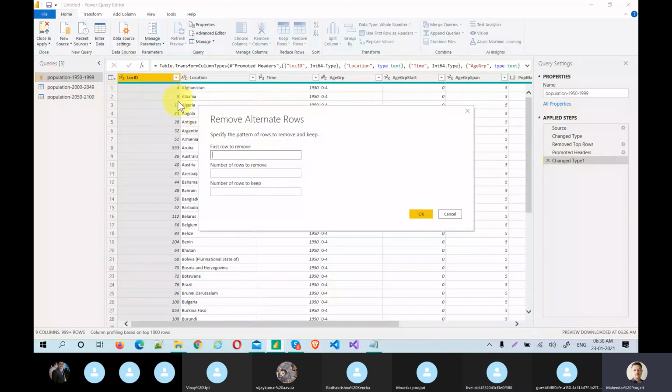I just want to remove these two records. Then after that I want to remove, let's say, one record or four records, and I would like to keep six records. Just observe closely what will happen.